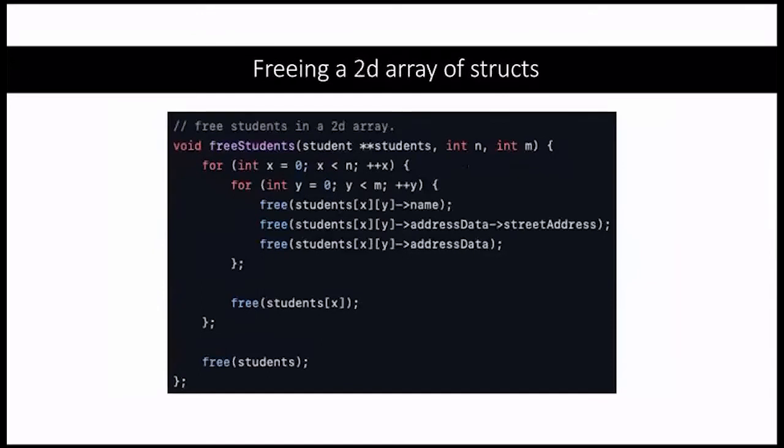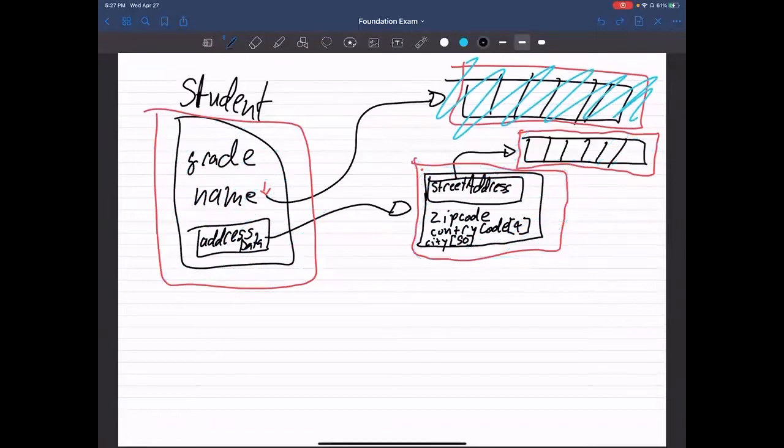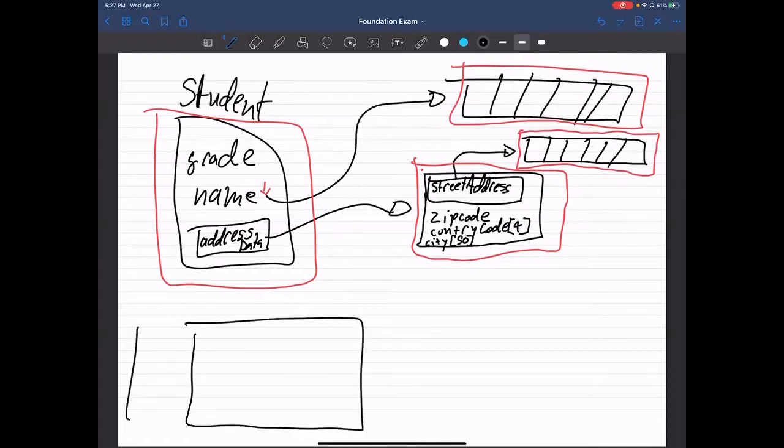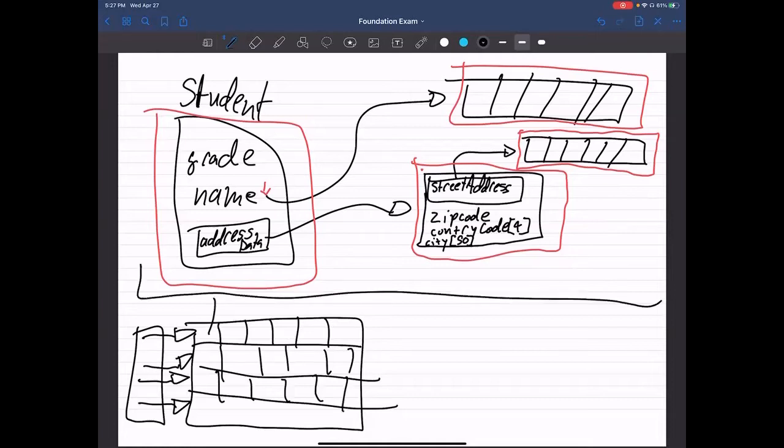Now, as for a 2D array, it will be similar to the 2D array example that I gave. So you have a 2D array of students. Imagine we had this same structure, but this was in a 2D array. So we had something along the lines of this, and then inside of every little box, we had this entire